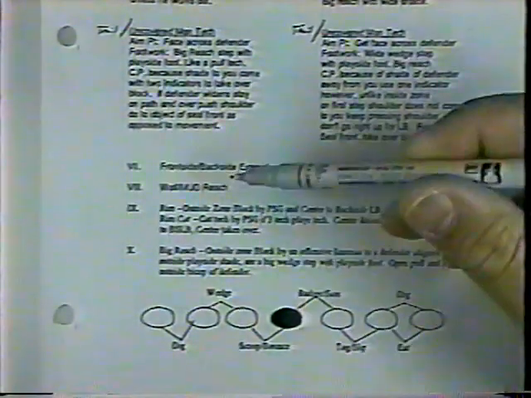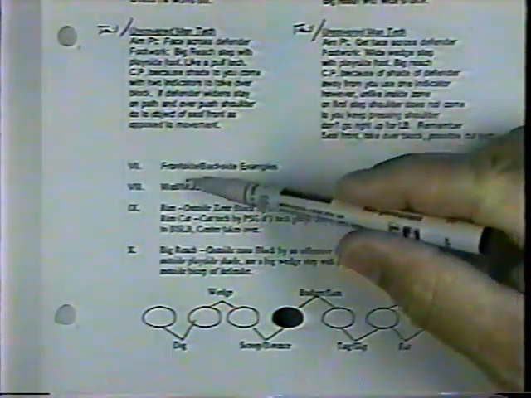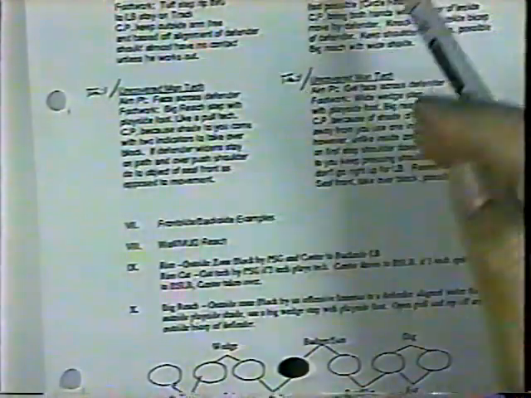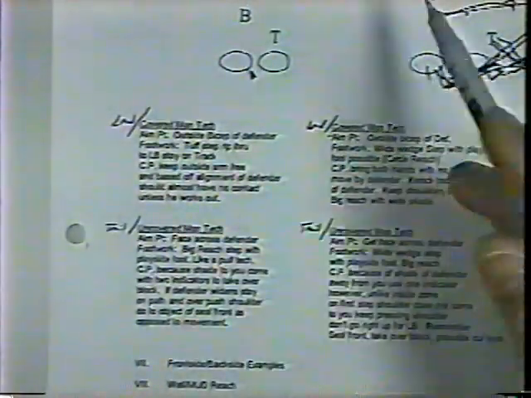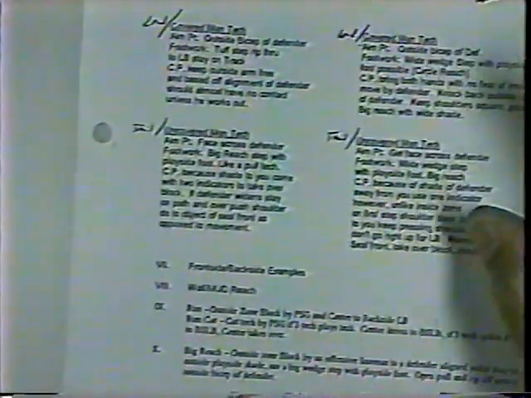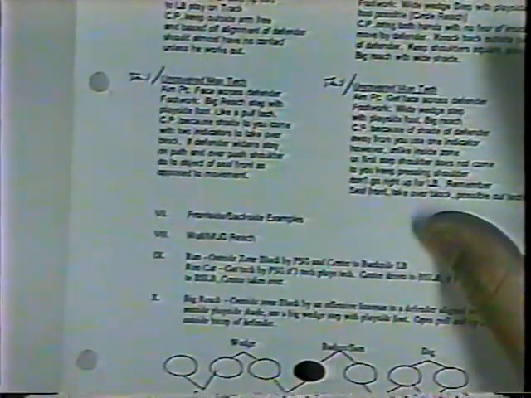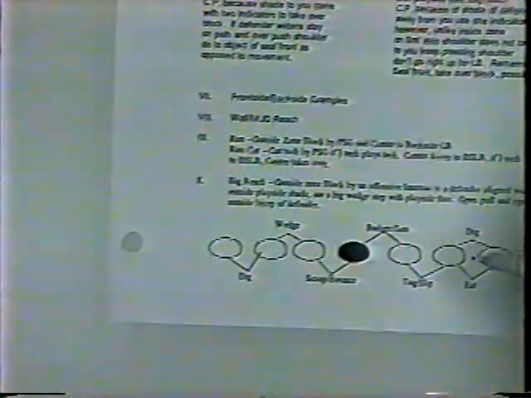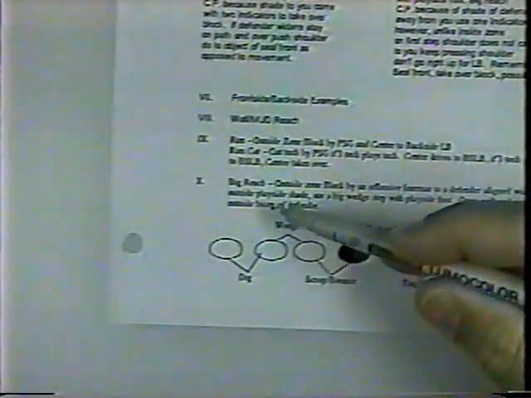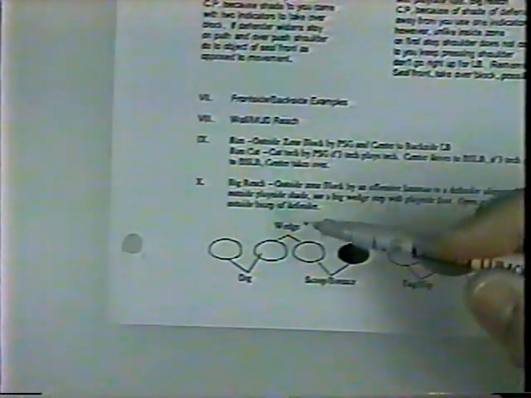A couple more principles and we're almost done. All right? Now, what I'm talking about is a lot of principles of front side zone blocks. And you need to know when you're front side. A lot of the backside principles are really similar, so I don't want to make it harder than it is. But what I think you need to know on the backside, especially on the inside zone, is because of the proximity on the backside, like down here, if this were a center and we were going to the right, and there was a 3 technique and a backer back here, you need to know on the backside the tempo's